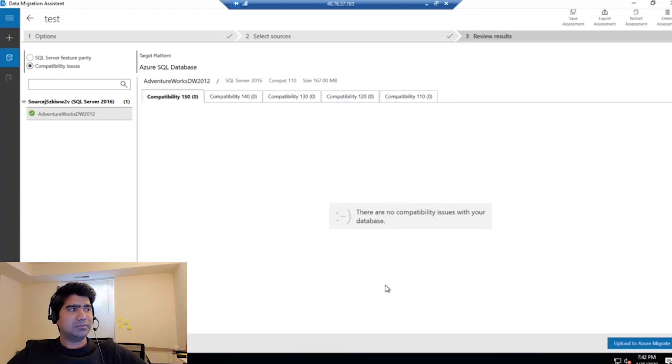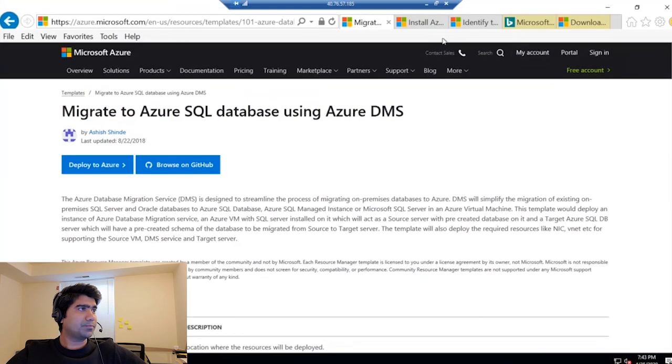Once you are done with this, you will go to the next phase, which is migration. Before jumping to that, there is one more thing I want to highlight. Suppose you know that Azure SQL database is compatible with your existing on-premise SQL workload. But do you know which particular tier you have to choose? If you are familiar with Azure SQL database, then you will know which tier will be okay for your workload. If not, there is another option provided by Microsoft in their documentation that you can go for.